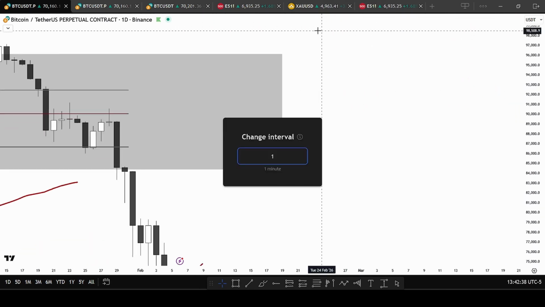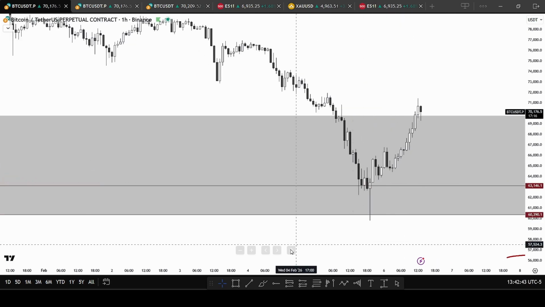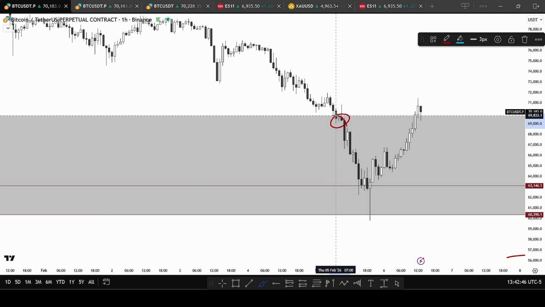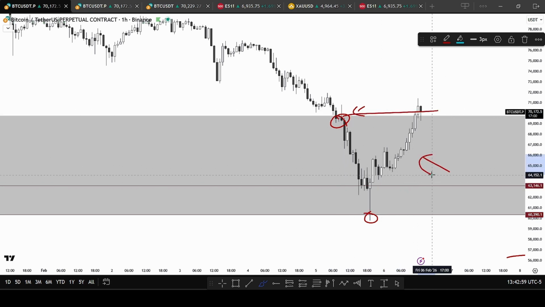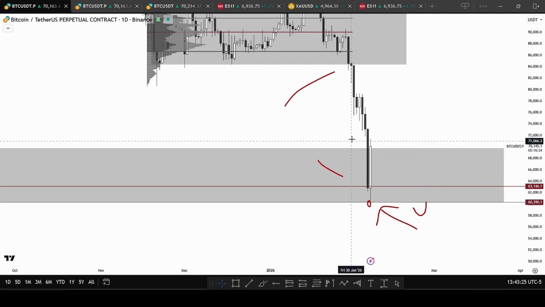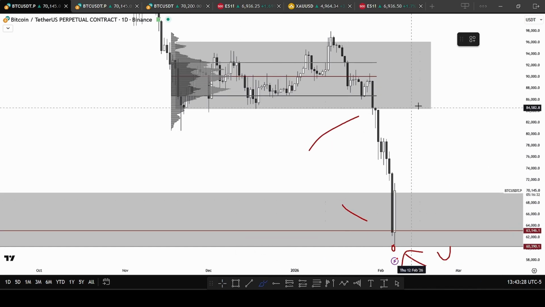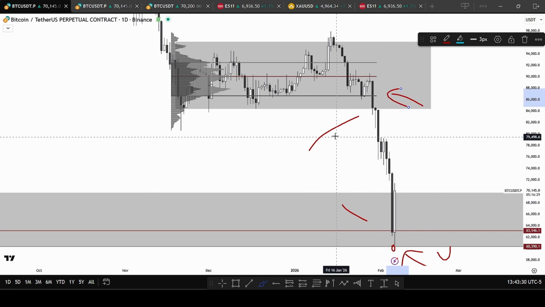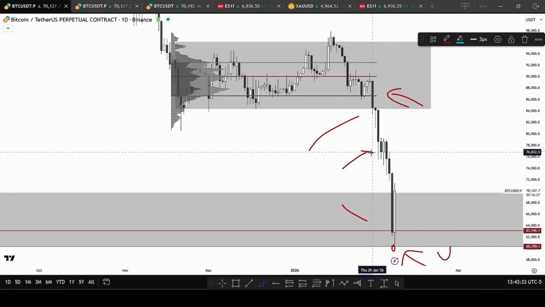Now coming to the hourly time frame, if you see here, we try to accept first, but we failed. Then you can see price finally accepts here, and it goes to the opposite side of the range. The easy target for this will be this range high, and we captured this move, not the whole move, but a pretty decent move on this trade setup. So what was the logic for today's setup? If I remove all the drawings,